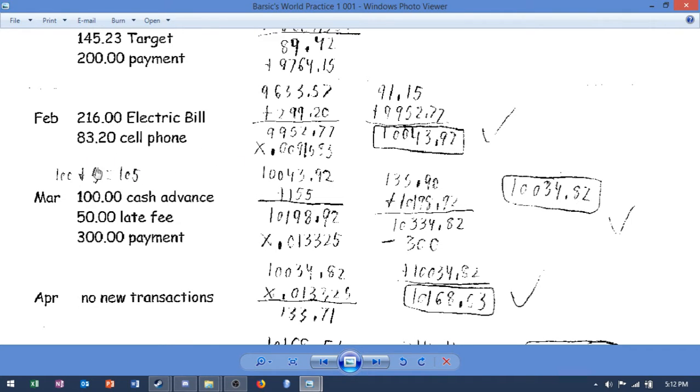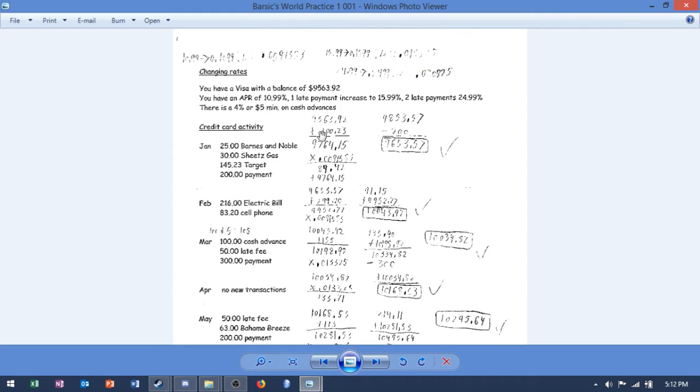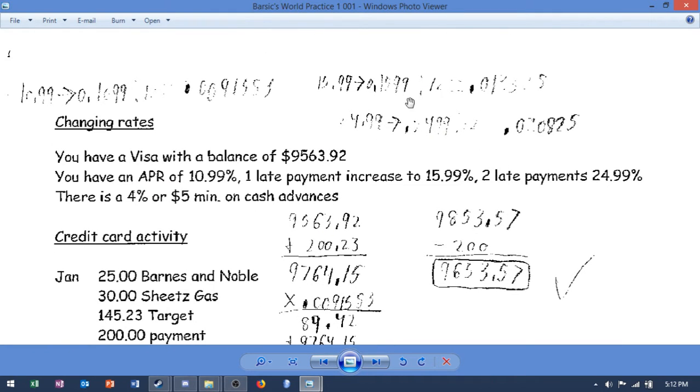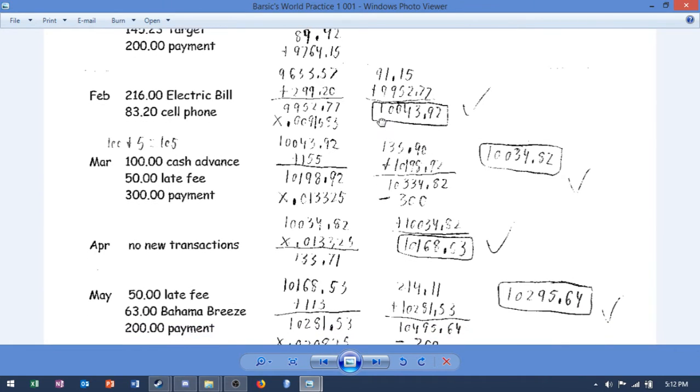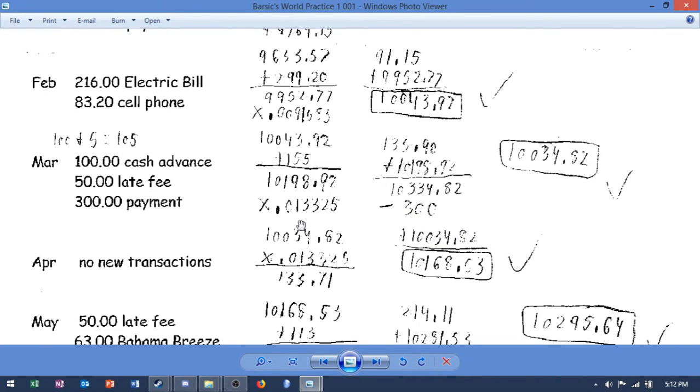as 4, turns to 5 because it's below the minimum. If it was above 5, then you would just keep it as whatever number it is. So you have the $105 cash advance, you have the late fee, take the balance plus 155. You use the second MPR because again it's a late fee. So you would use the second MPR up here. And yeah, so you do that. You would take the balance times the MPR, interest, add it back in, blah blah blah blah, minus $300 payment,